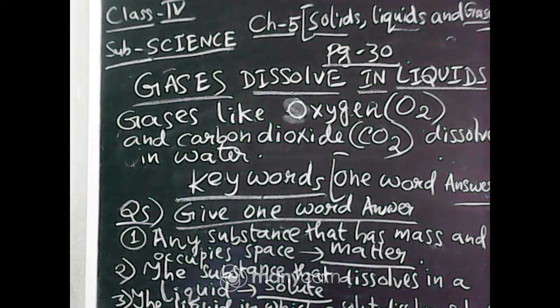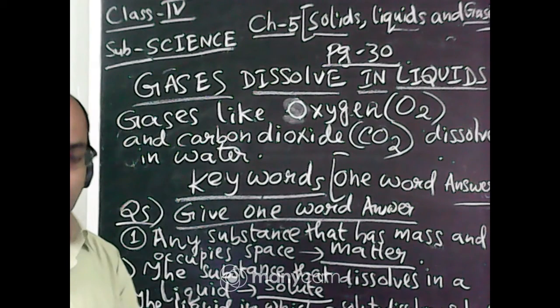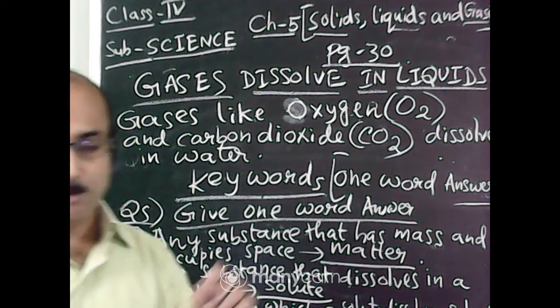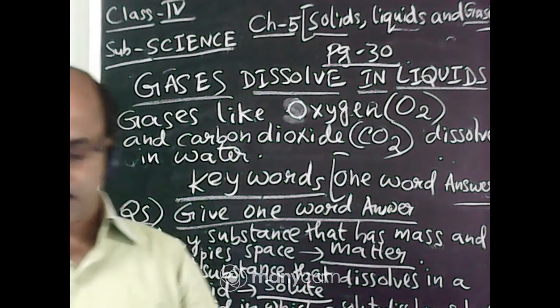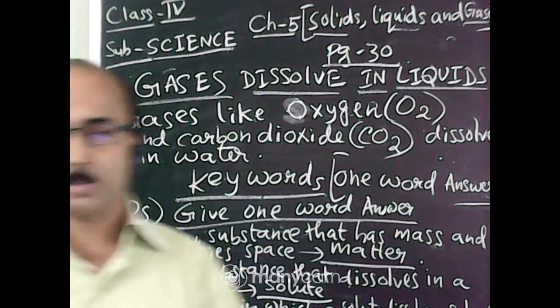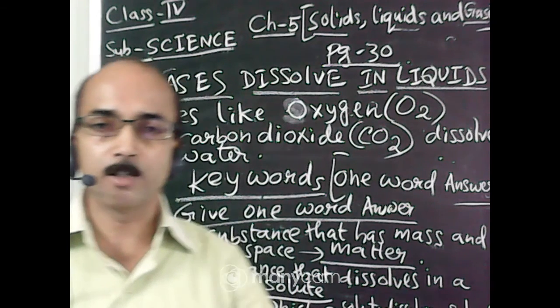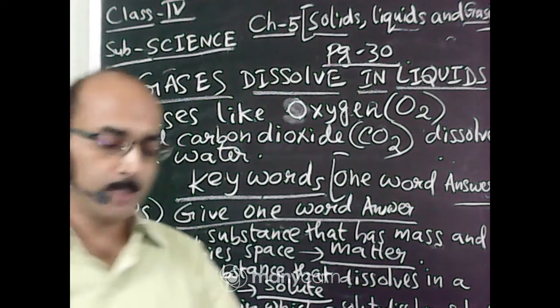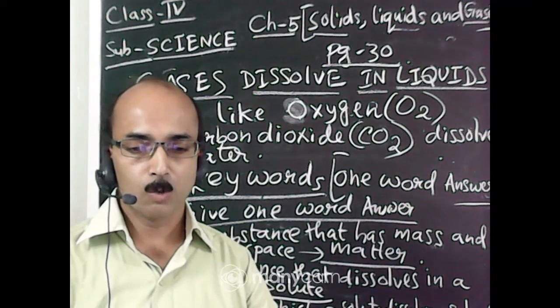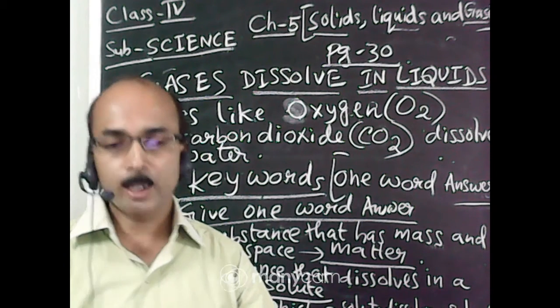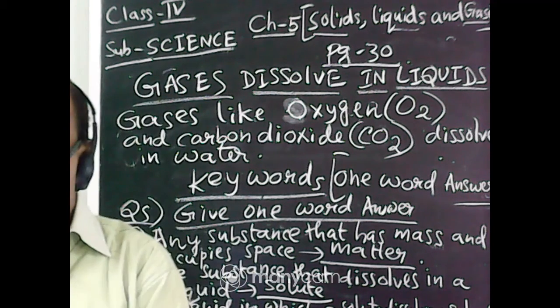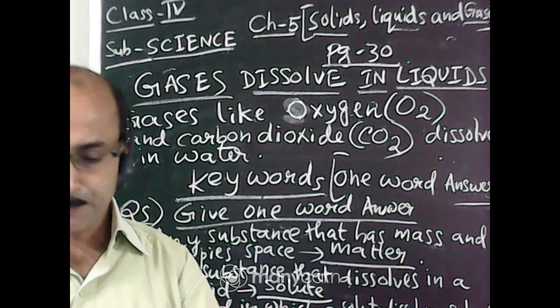Okay, another one you can write, the liquid that we get by dissolving solute in a solvent. You write this on your own. Everybody will write the statement, the liquid that we get by dissolving solute in a solvent, then you give an arrow, and the answer will be solution.